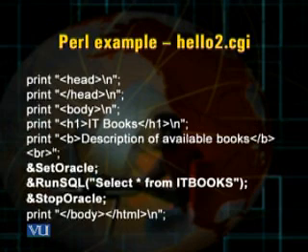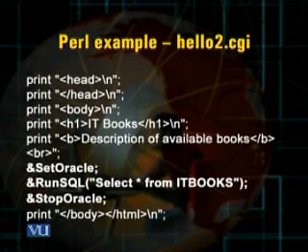That heading would be processed on the client side, and the words IT books would appear as a heading. Then within the print, in bold, I write description of available books. That again is HTML, that would be processed on the client side. And then you can see three statements in bold. In fact, they would generate an SQL query to retrieve the details of IT books.